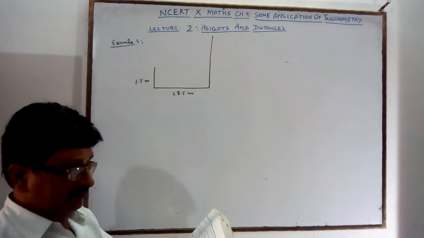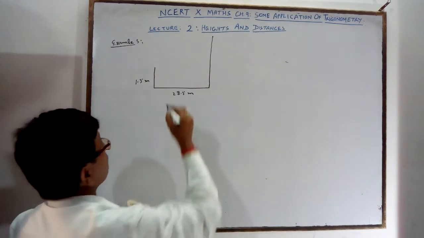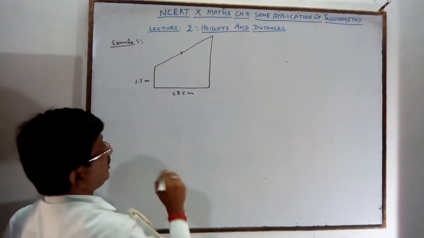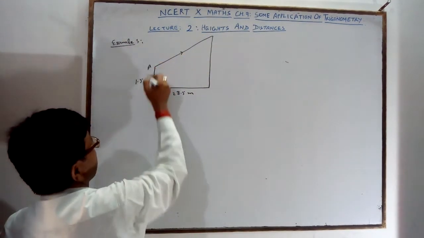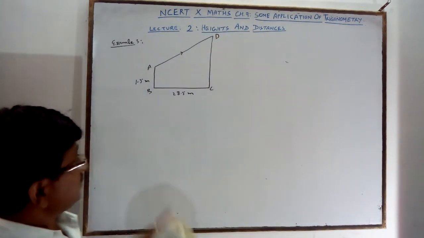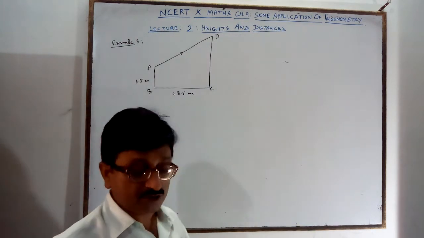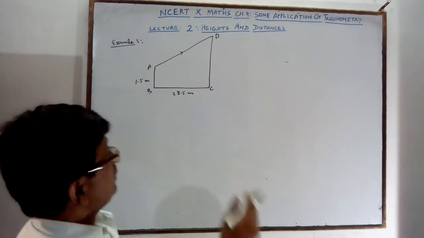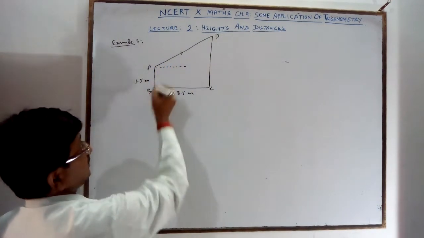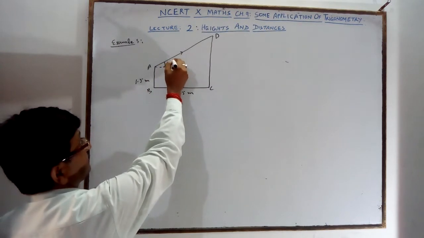The angle of elevation of the chimney from her eye is 45 degree. Now it is a problem. AB is the observer, CD is the chimney, and 28.5 meter, it is a trapezium. Where will you put the 45? I have told you elevation is always measured from the dotted horizontal line. It is an acute angle. So here it is 45 degree.